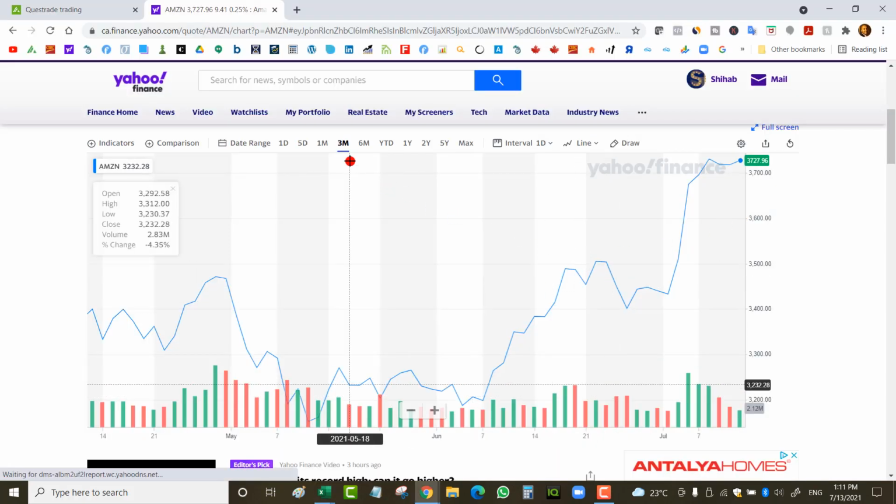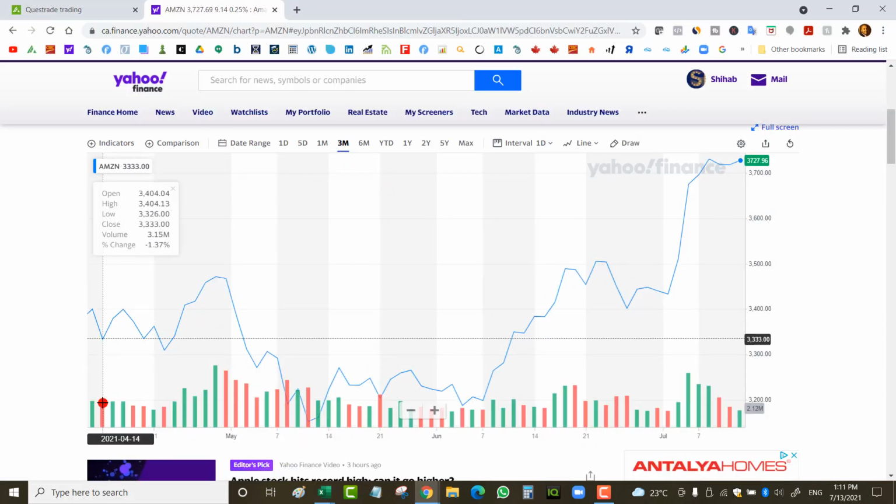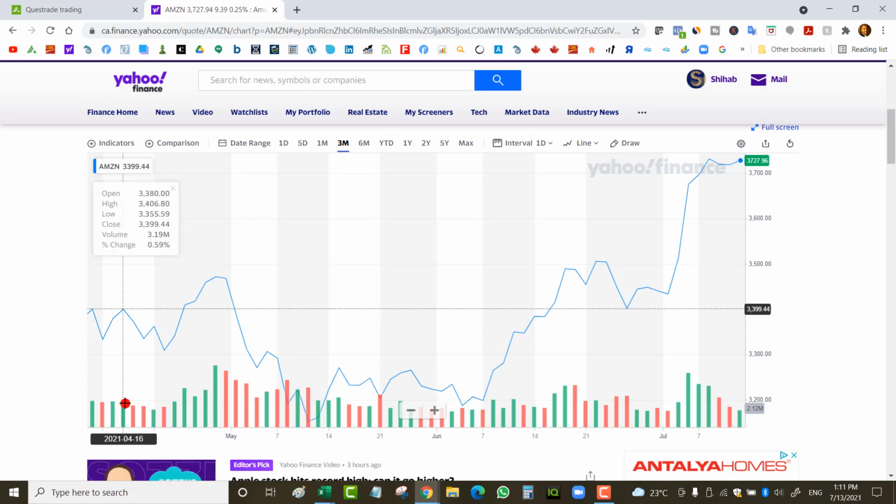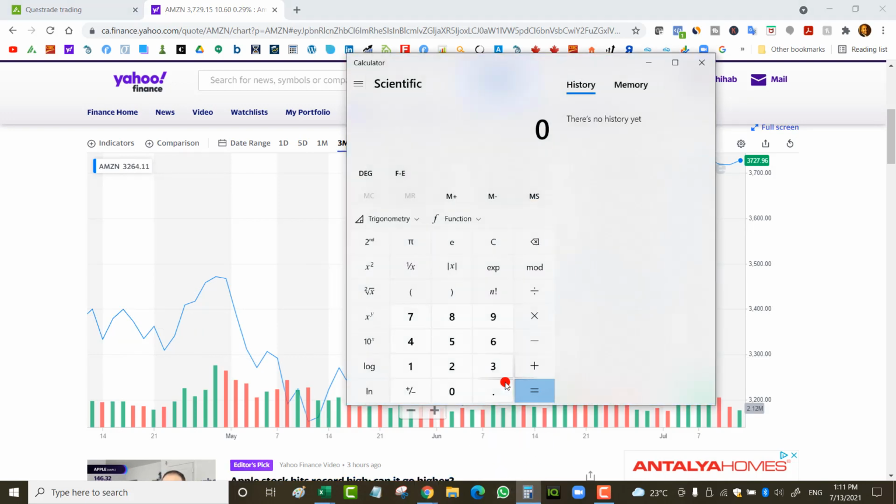So let's look at a 3-month chart on Amazon and let's try to simulate or backtest this strategy a bit. So we've got April 16, 2021, which is a Friday. The problem is I don't know what the expected move was back then. But right now it's around 7% of the current price. So the open price is 33.80, and if I want to go 7% lower, that means I would choose a strike of about